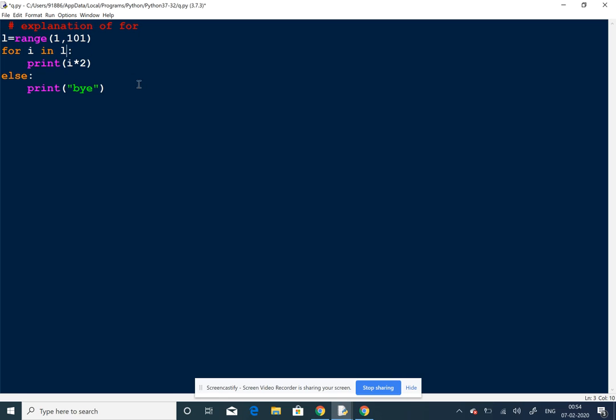Now if I run a loop for I in L, okay, let me reduce the value. Suppose I want to start from 1 and want to go